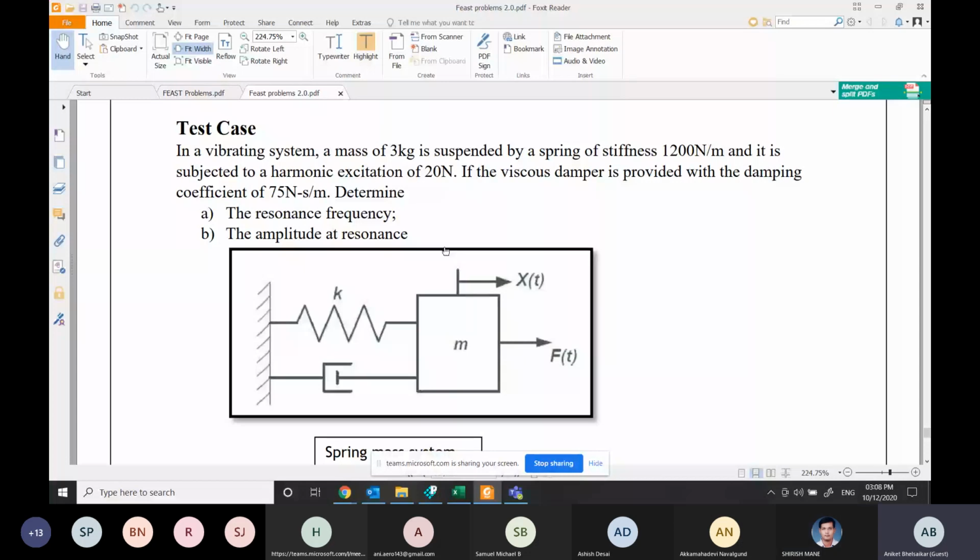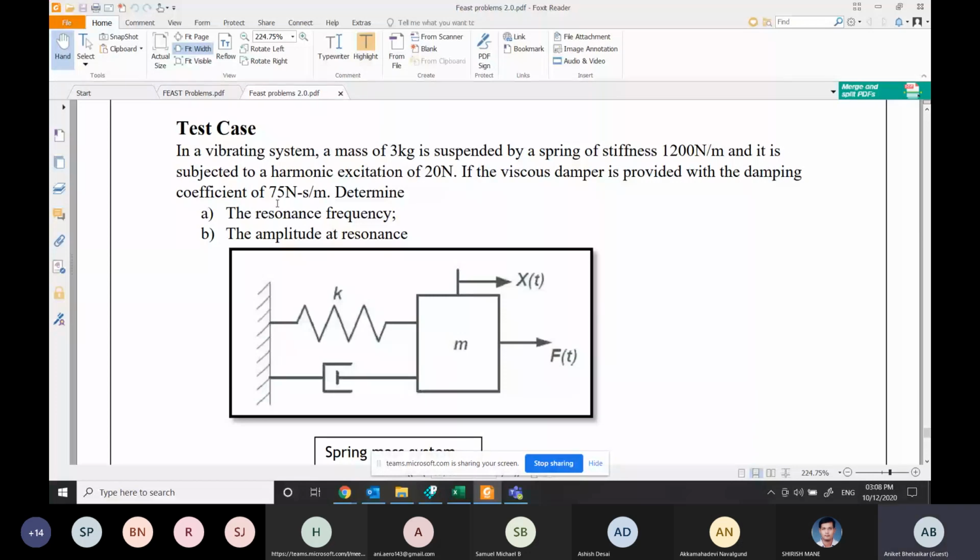So a mass of 3 kg is suspended by a spring stiffness of 1200 newtons per meter, and it is subjected to a harmonic excitation force of 20 newtons. You can see here the spring mass system is given with a damping coefficient of 75 newton second per meter, and from this we have to find out the natural frequency and the amplitude value at the resonance.